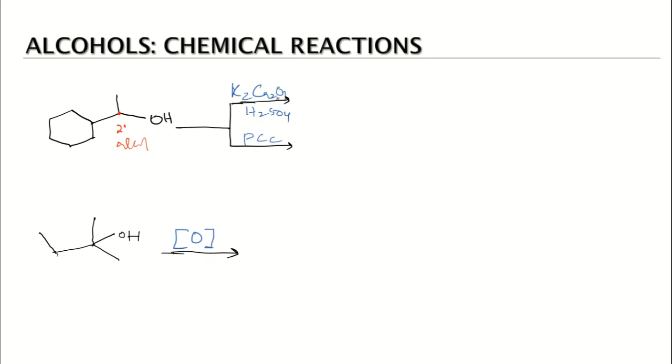And again, we are using two types of oxidizing agents. One is strong, one is the weak one. But we know that when secondary alcohols are oxidized, if we are using the strong oxidizing agent or a weak oxidizing agent, in both cases it will be converted into a ketone. Okay, so in this case the product will be this, a ketone.